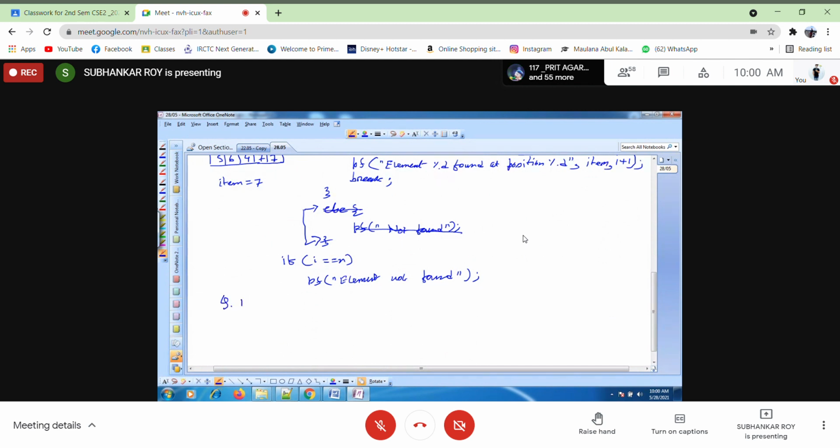Question is, all positions of an element using this one.